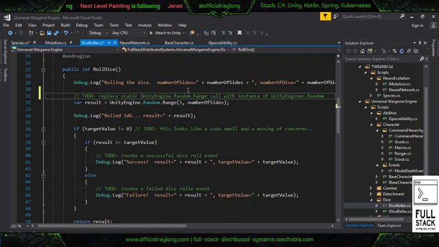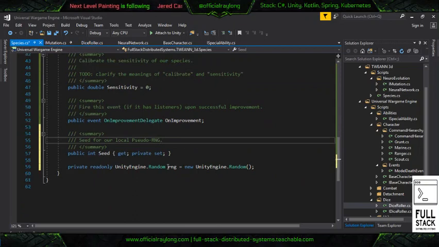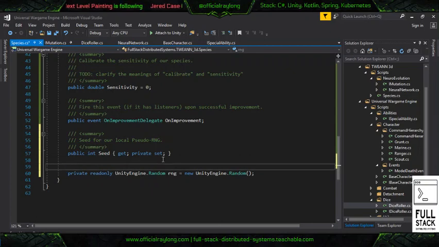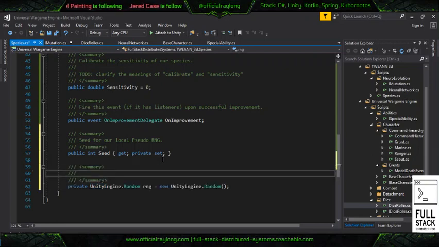So we'll probably need to test to make sure that it's actually possible, but we'll write it for now. Seedable pseudo RNG used during